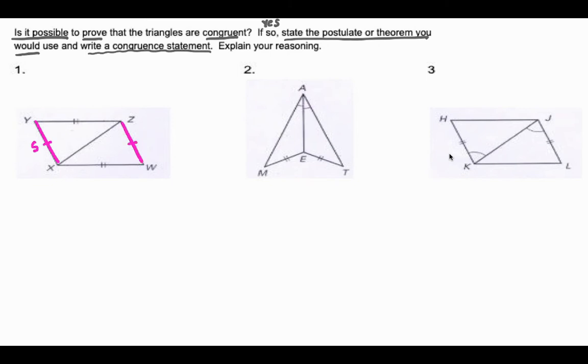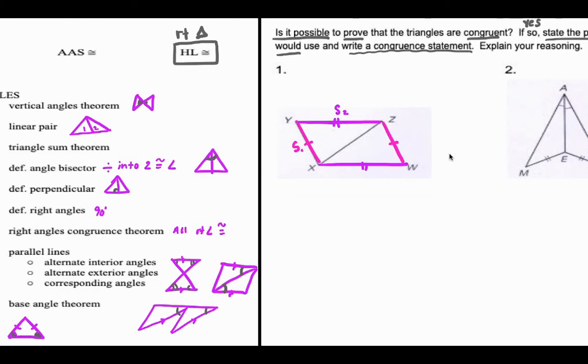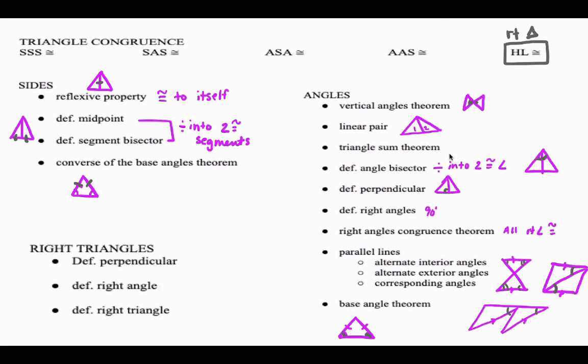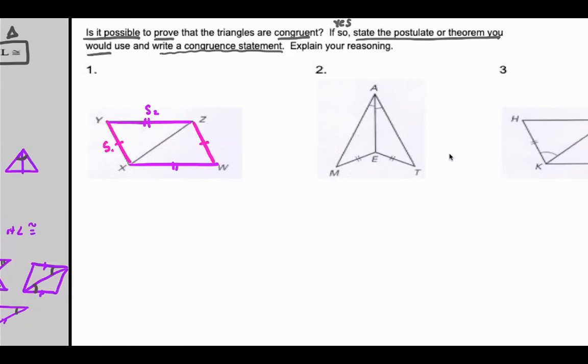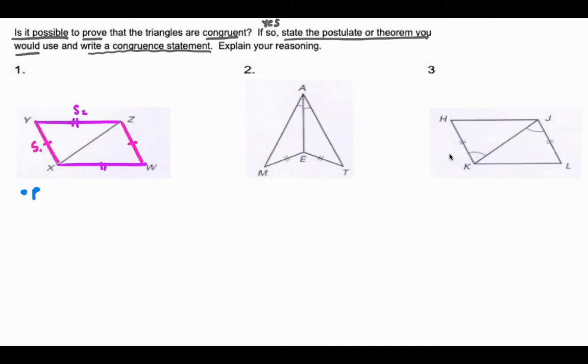I tend to use a letter S for sides, and I usually only do the S's and A's on one triangle. And then I have a set of double marked sides. So this is my second set of sides, and that's all that's marked in the picture. So now I think back to that previous page and things that I might get, and one of them is the reflexive property. So anything can be congruent to itself, and this is used when we have a shared side. So if I apply the reflexive property,